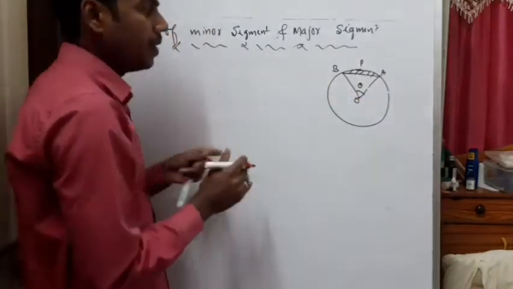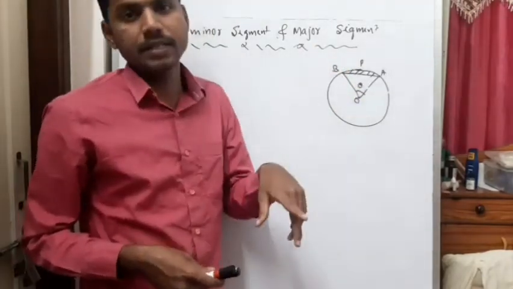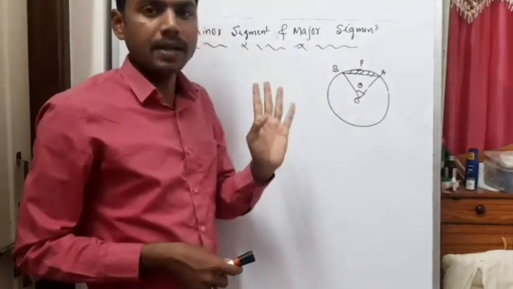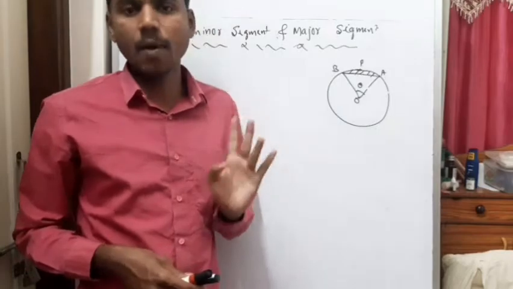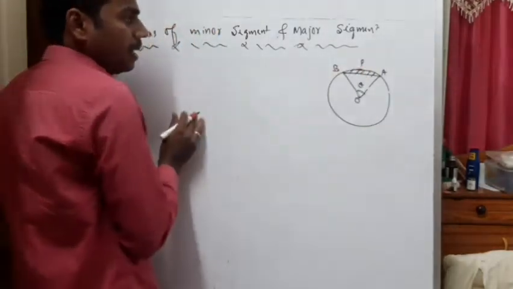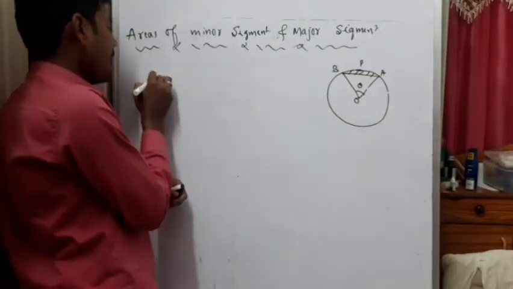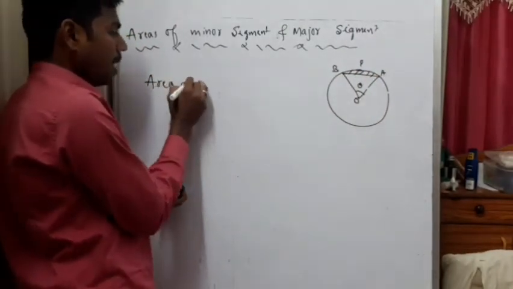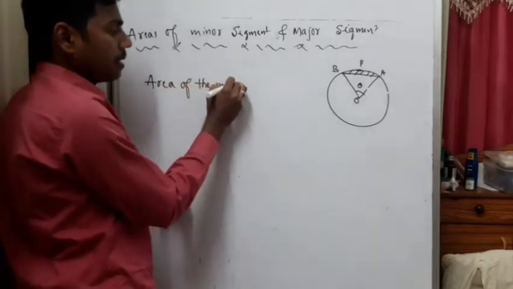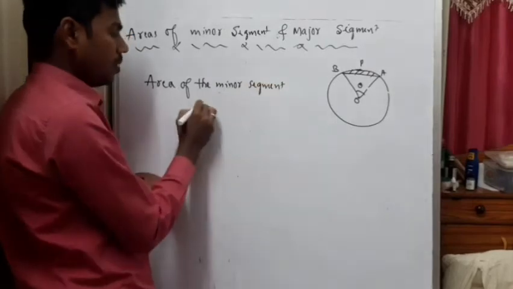Usually, whenever they give you segment, instead of mentioning minor or major, if they just mention sector, you will consider it as a minor sector itself, or else minor segment. So to find the area of the minor segment, what is the formula? Area of the minor segment is equal to,